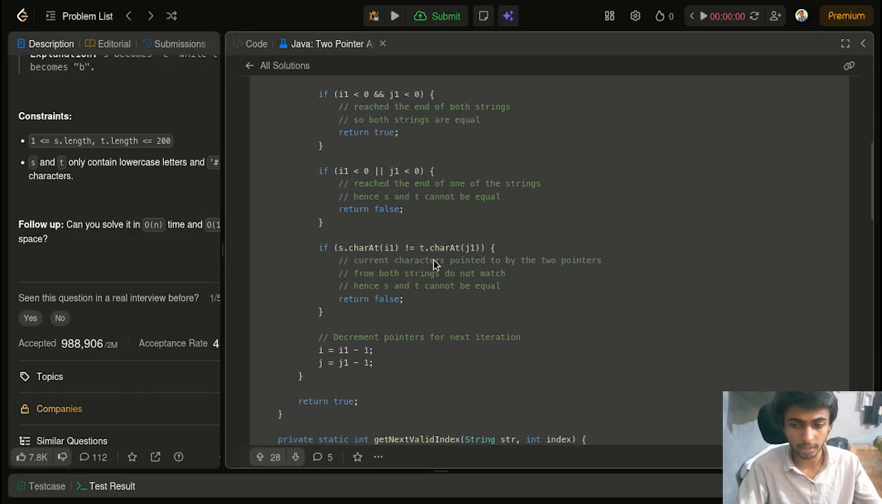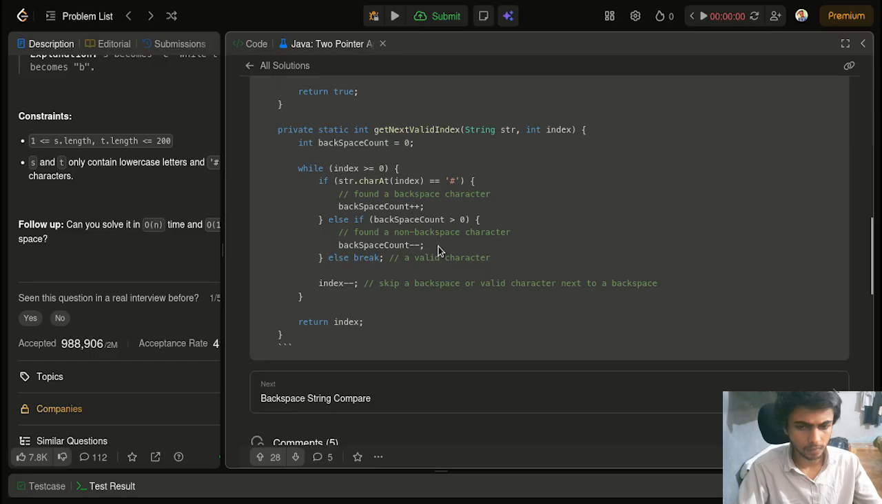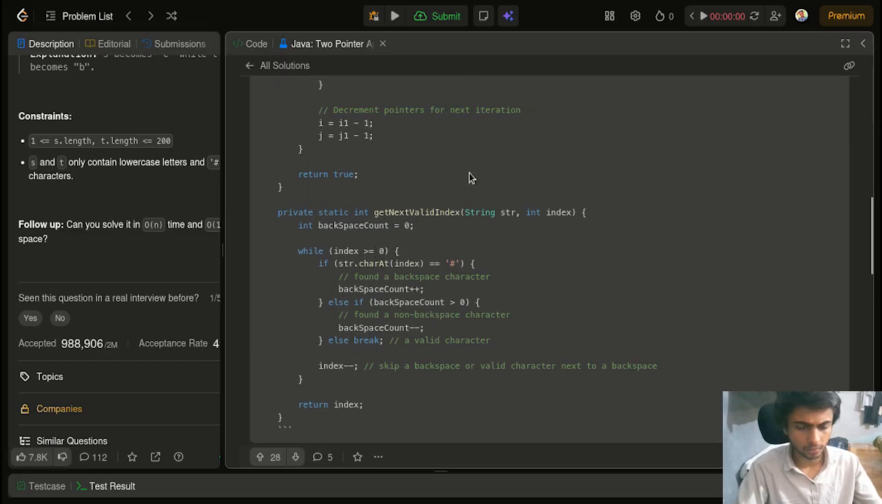Starting from the last position. If backspace is greater than 1,